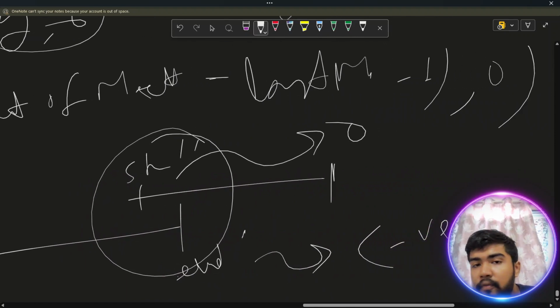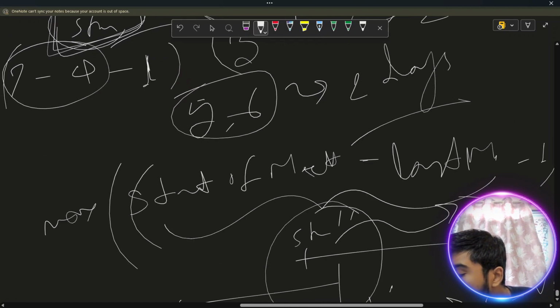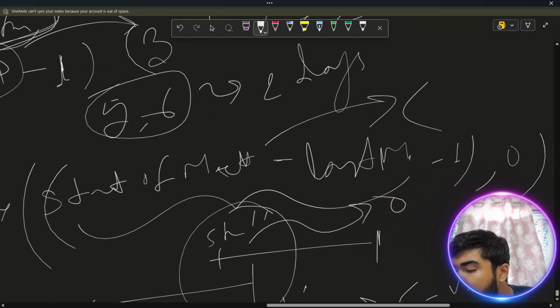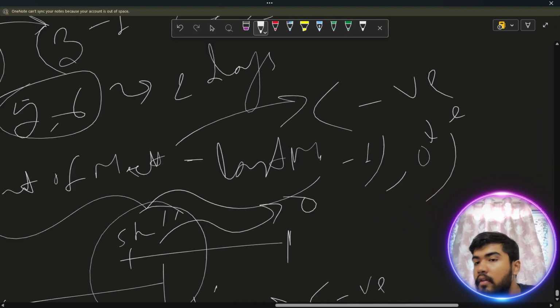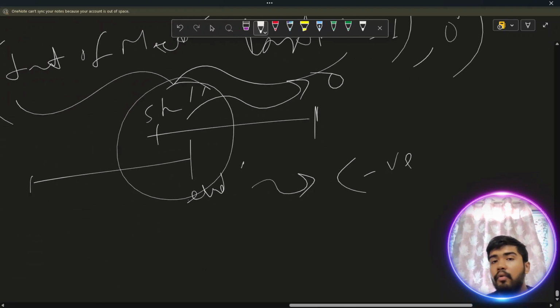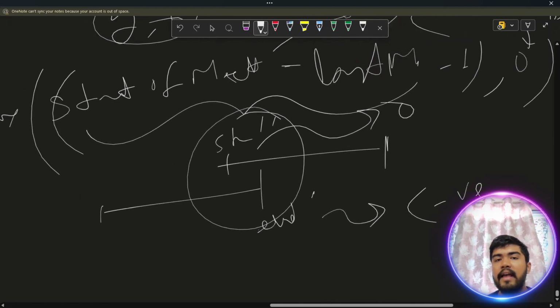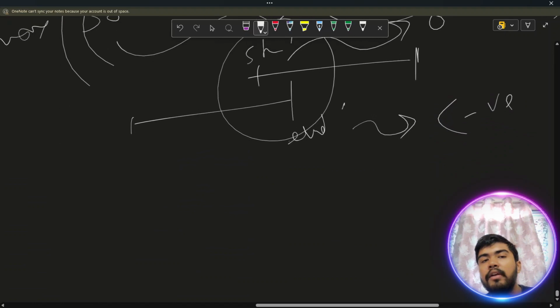So if at any point of time it boils down to some negative value, we will take 0. We can go with 0 only, because if there is an overlap, there is a chance of negative values. So we will go with 0 only. As simple as that. So this way we are able to calculate the meetings between them, and